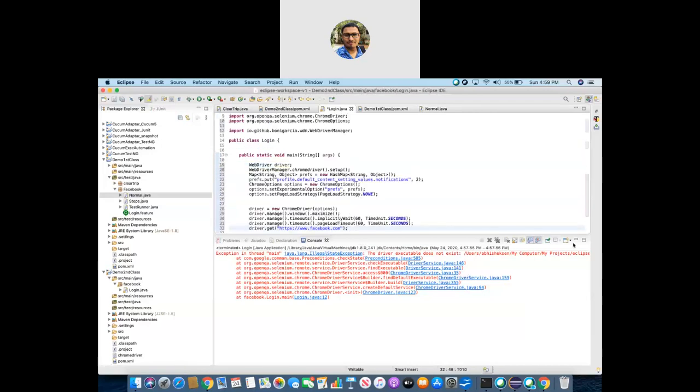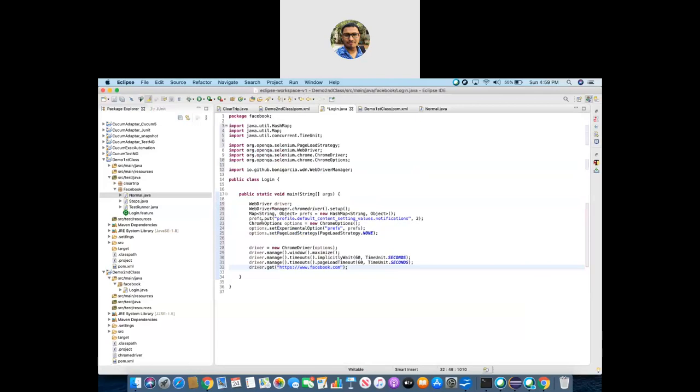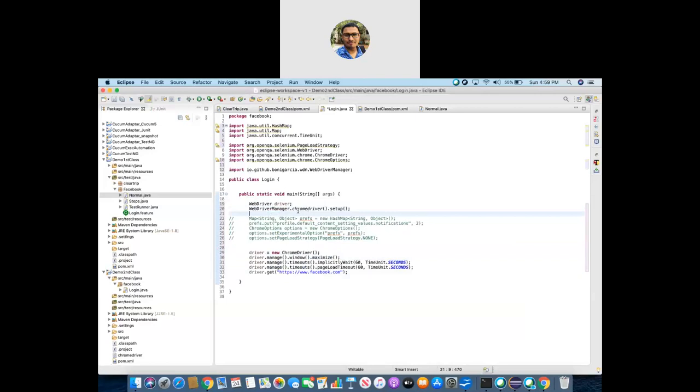Okay. Let me tell you line by line. Let me comment these things, everything, and I will remove these options also. So now this is pretty much the same. This is our line WebDriver driver, and then WebDriverManager.chromedriver().setup(). This is your second line, and then everything is same. Driver equals new ChromeDriver, then window maximize. Then we are setting implicit wait, page load, and you are going to the URL. Okay, and if I run it,